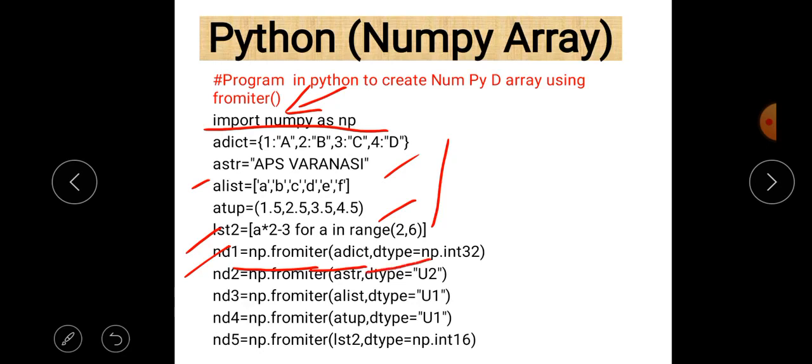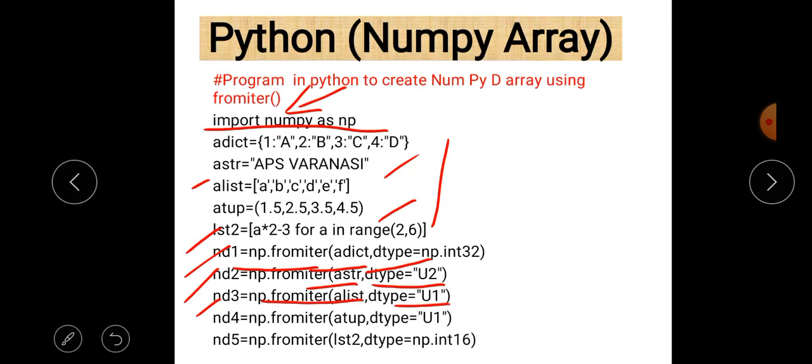So dtype is equal to np.int32. Similarly, another array nd2, and this time we pass a string as a parameter and define data type u2. Next is nd3. So np.fromiter, now we pass a list as a parameter and the data type is u1.